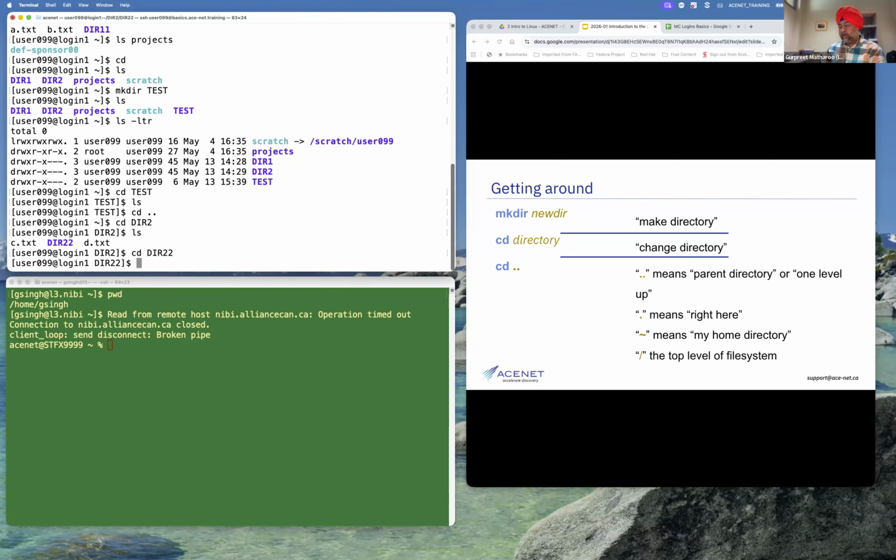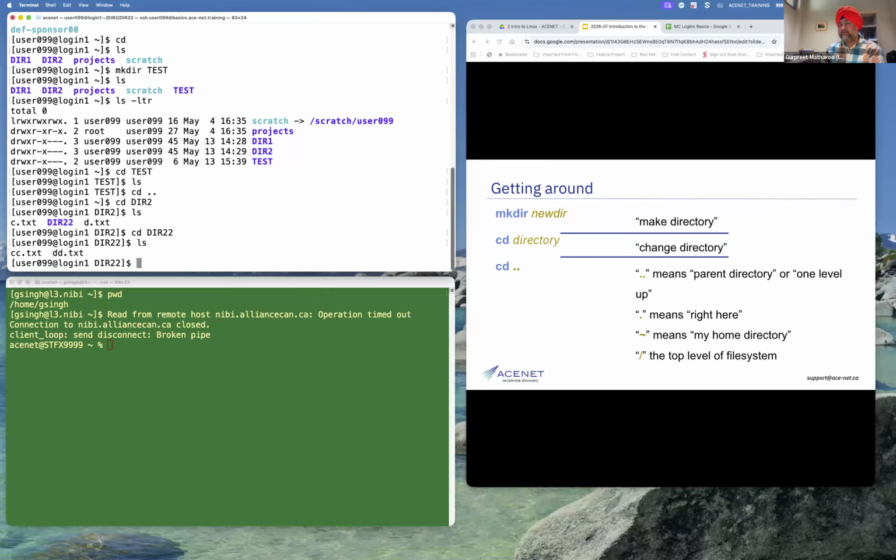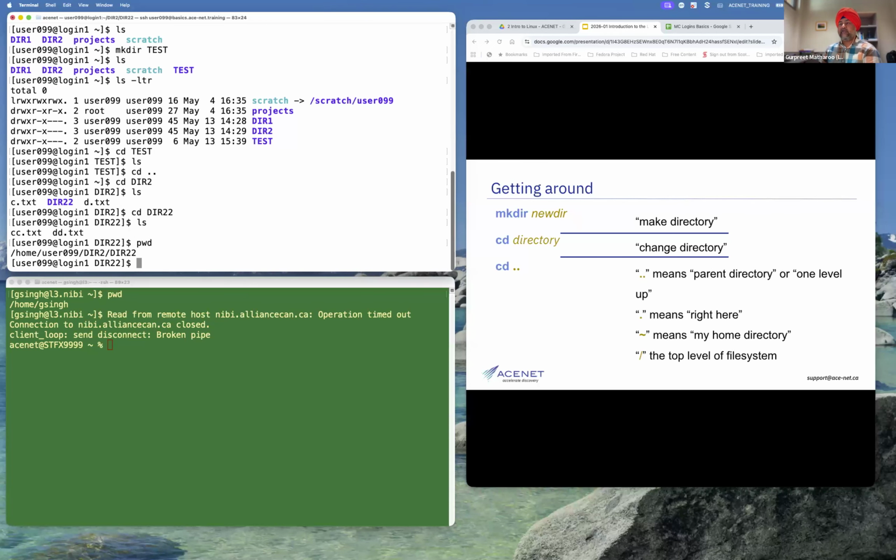If I do the listing, I have this CC and two files here. These are dummy files, just for illustration. Now, if I do a pwd over here, it will display the whole path, from the top to which level I am sitting right now on the inverted tree structure.